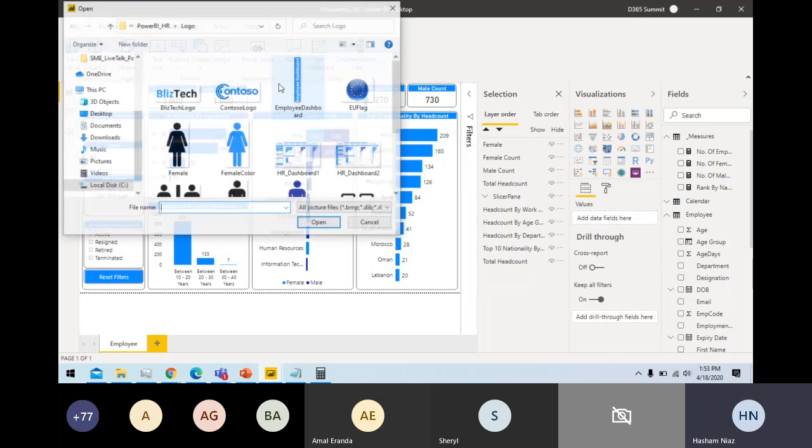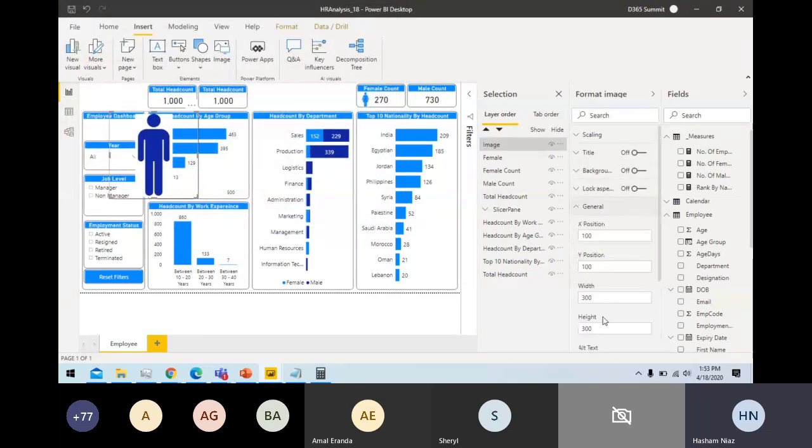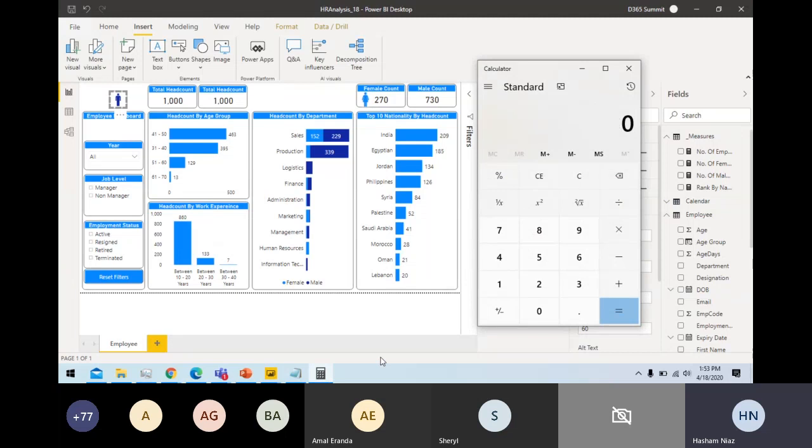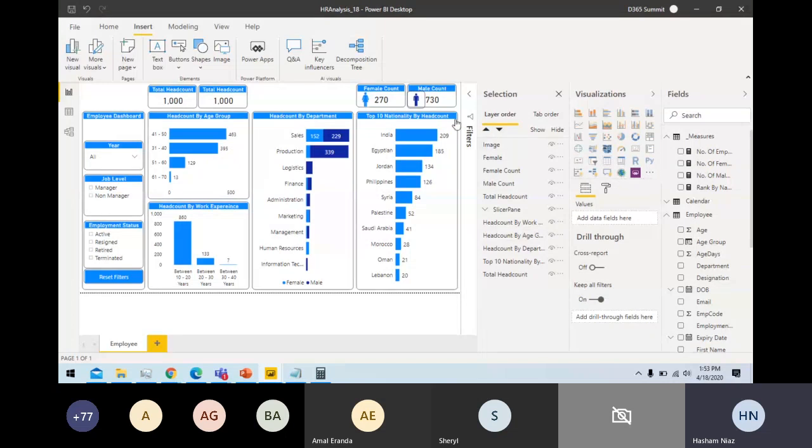Or you can do insert image, and this will be like 60 by 60. So see, now this image is also appearing here.